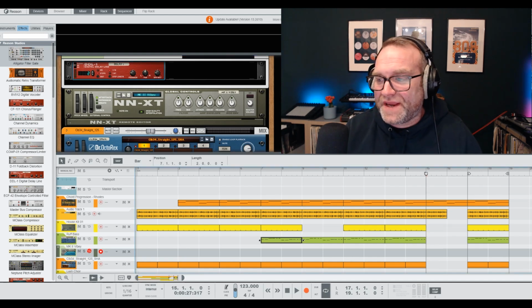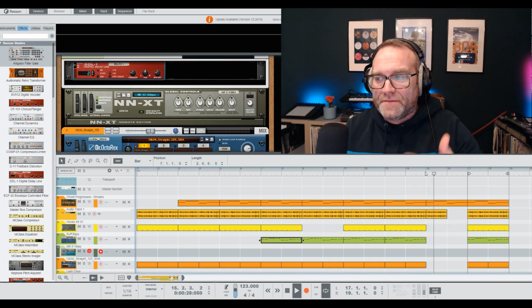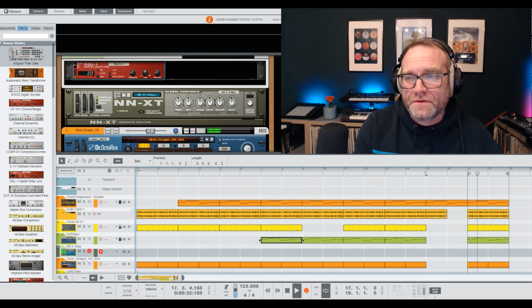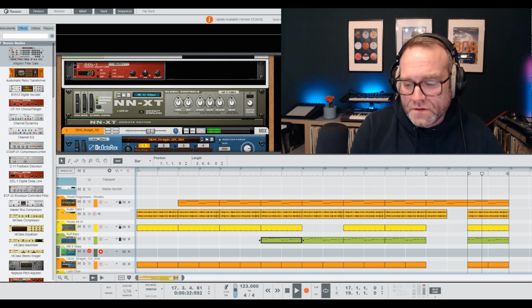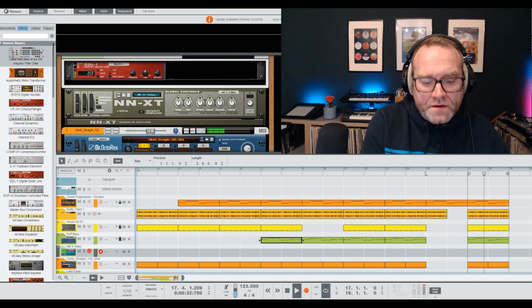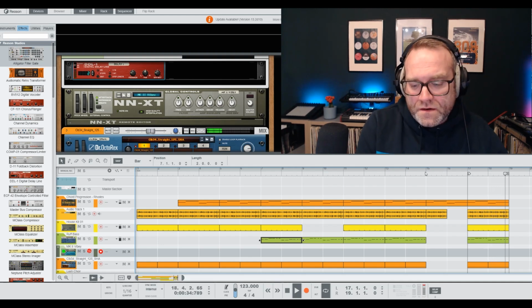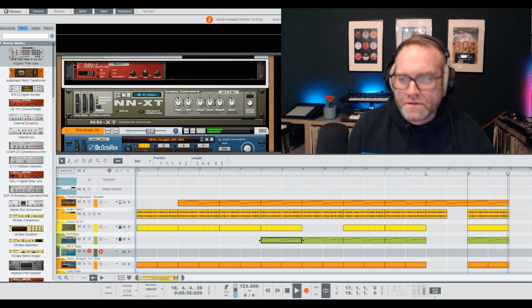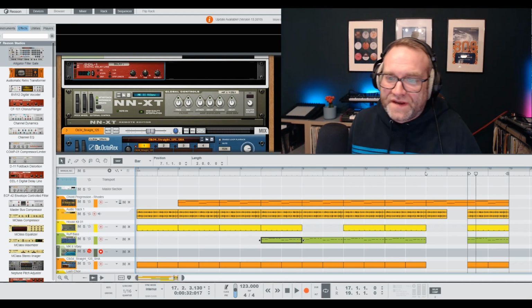So when the track drops from here and it's got the little breakdown, then you do the loop and you drop the Rhodes. And that's it. That's all you have to do.